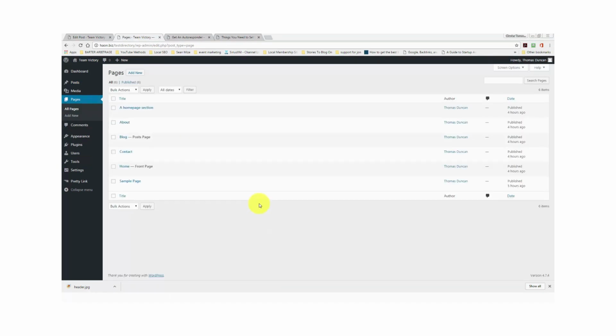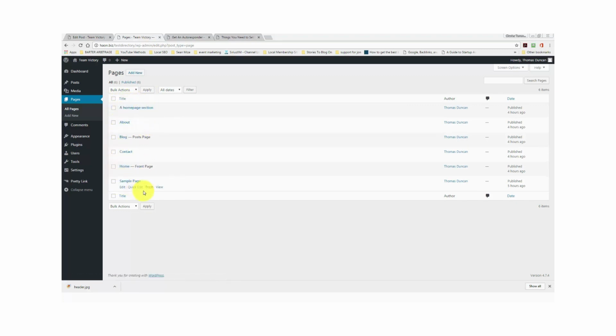Welcome back. You are now looking at the pages area, and the paging system is very close to the post system in terms of how we present information. Now, we're looking at this page because you'll need to know that pages, when they're set up, are either set up as child pages or they're set up as parent pages. Now, everything that you see here is not set up as a child page,